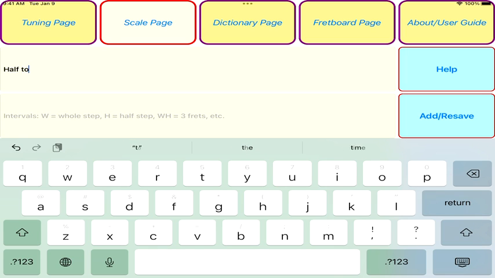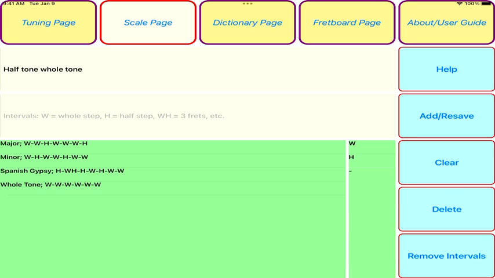half tone, whole tone. And a scale is just a collection of intervals. The W represents two frets, and the H represents 1 fret, whole steps and half steps, and you use dashes to separate the steps. And it has to add up to 12 because that's the octave. So let's go W dash H dash